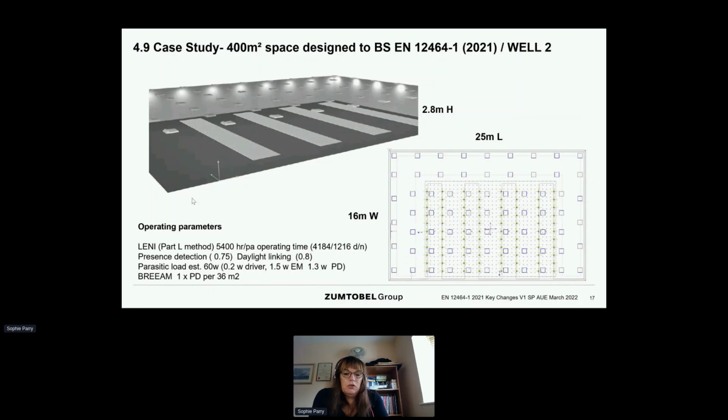We did do a case study in Zumtobel Group when we knew this new standard was coming. We created a virtual model of, in this case, a lecture theatre. So we had 4 benches and the usual array of symmetrical ceiling lights to satisfy the designer or the architect. It's a 400 square meter space. And what we wanted to do was test